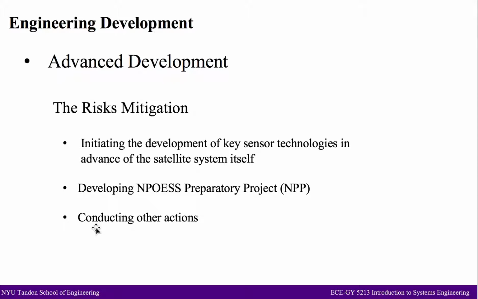It's scheduled to host 3 of the 4 critical NPOESS sensors, the Visible Infrared Imager Radiometer Suite, the Cross-track Infrared Sounder, and the Advanced Technology Microwave Sounder, as well as 2 other non-critical